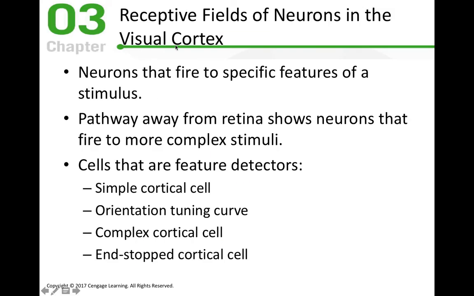Now, when we get to the visual cortex, what Hubel and Wiesel did their work on, this was done years ago, back in like the 1950s, 1960s, a long time ago. They basically laid the groundwork for what we call feature detectors. All right, they found that once that signal reaches the cortex, they would locate receptive fields